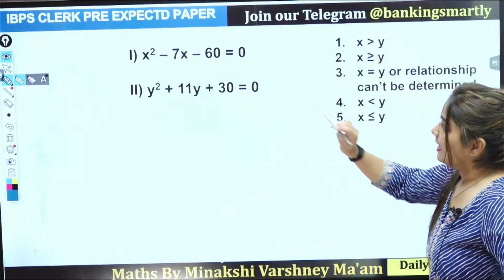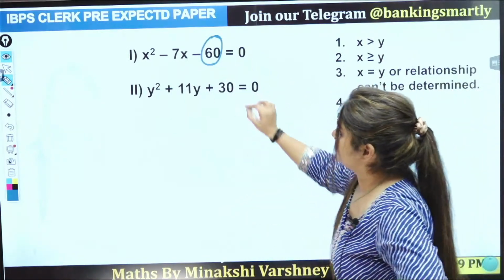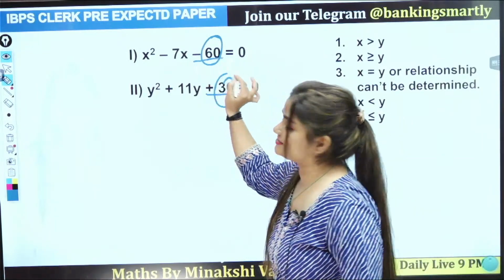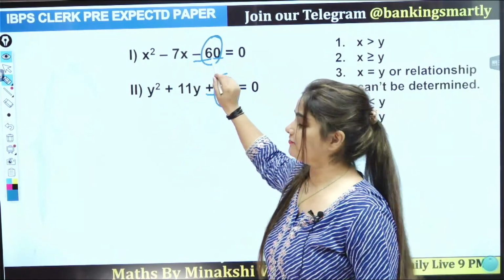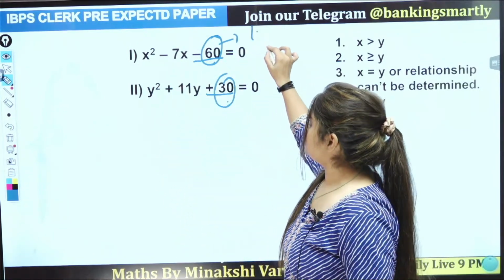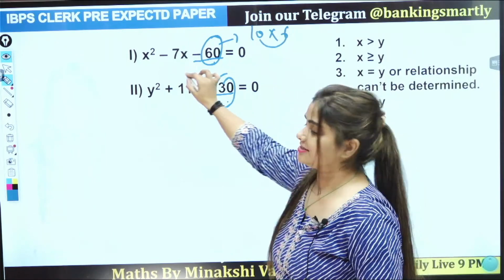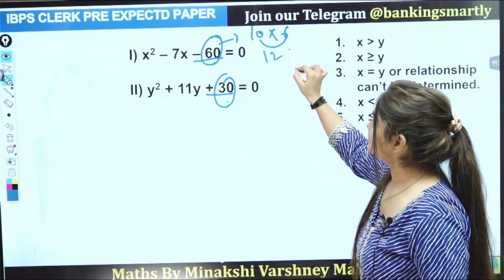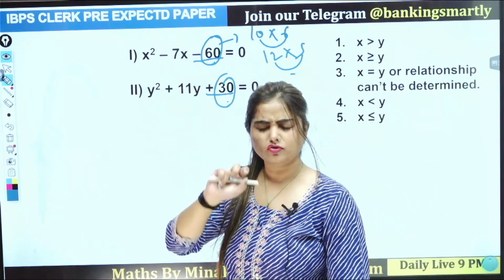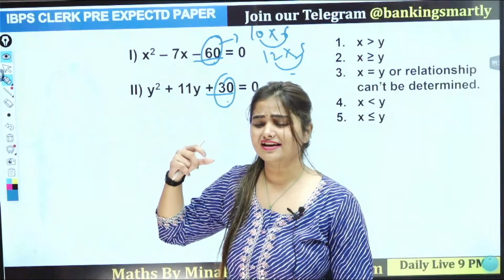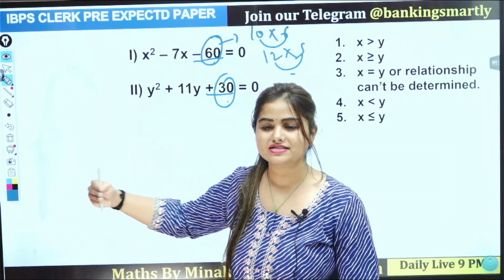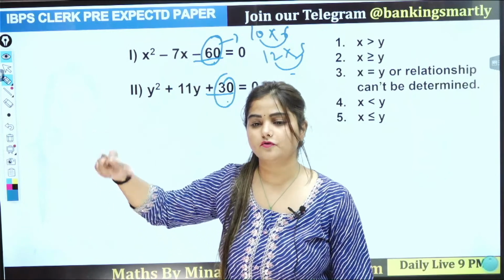Okay. Like this is 60. Clear? This is 30. And what is the factor of 30? There is a positive sign, there is a negative sign. You know that. If negative, that means you have to take the difference of factors. So 60 is the factor, 10 and 6, but 10 minus 6 is not 7, but 12 5s are 60, and 12 minus 5 is 7, but here is minus 7. You don't need to mug up any sign method and all. If you are going with this thing, you can remember this for a long time, guys.